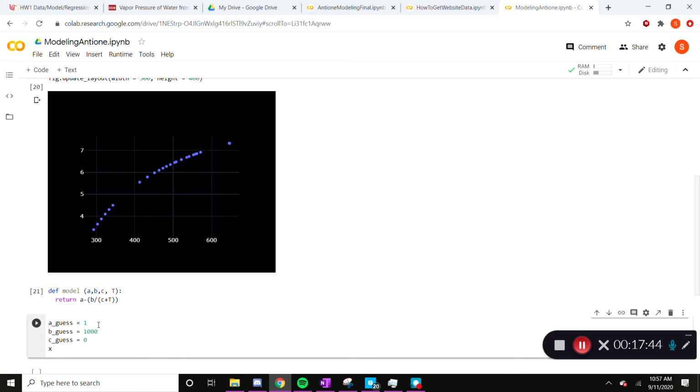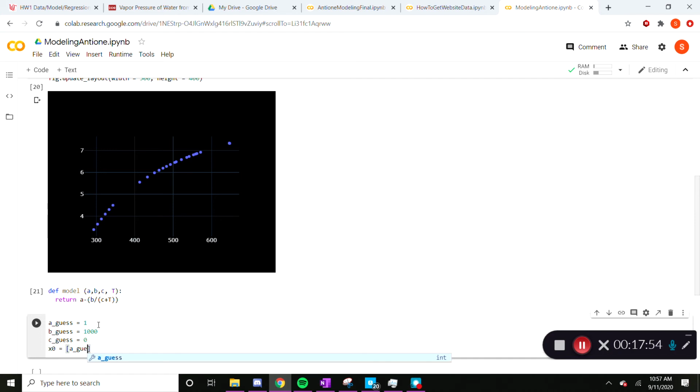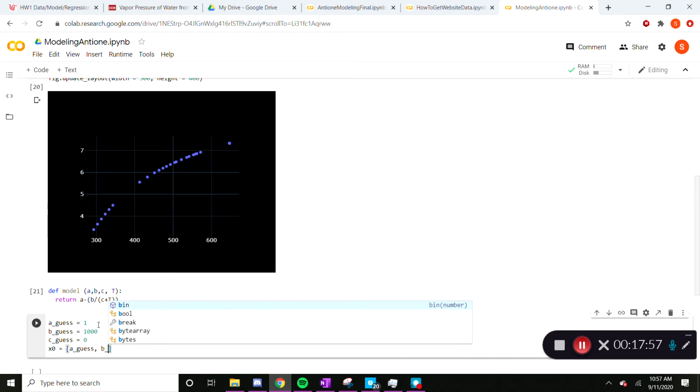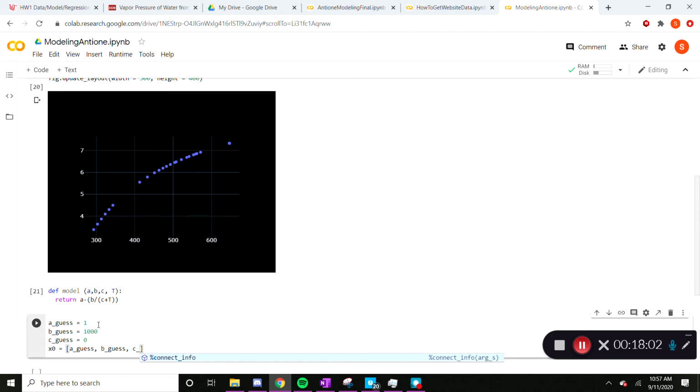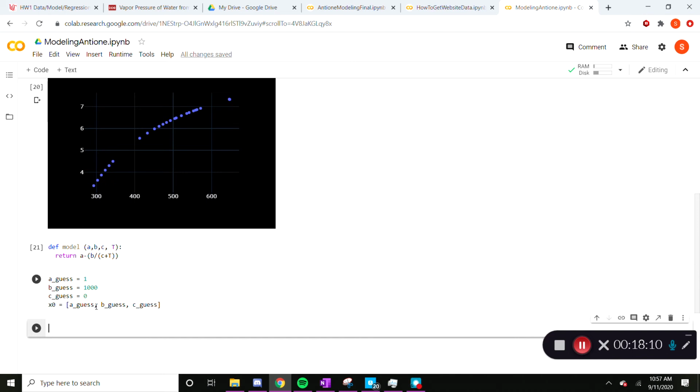And to help us with our further use of this, we're going to create a matrix known as X naught. So we're going to have our guesses in there. So here's all of our guesses. And we're going to run this part of code. Okay, now to help us understand where our values are,